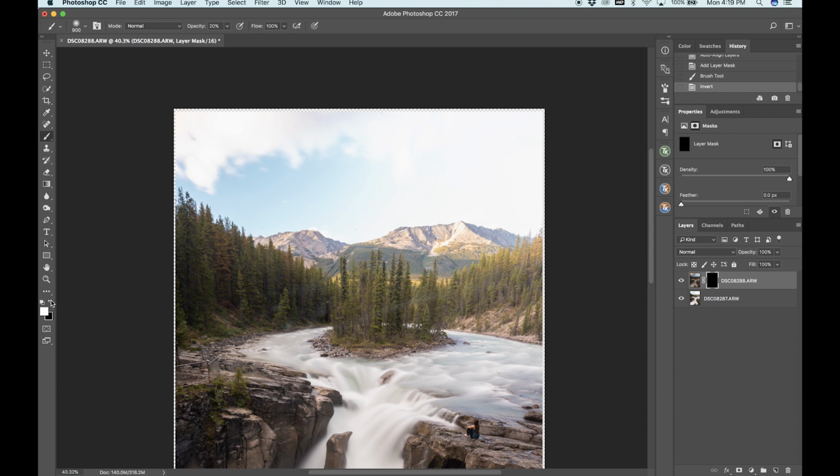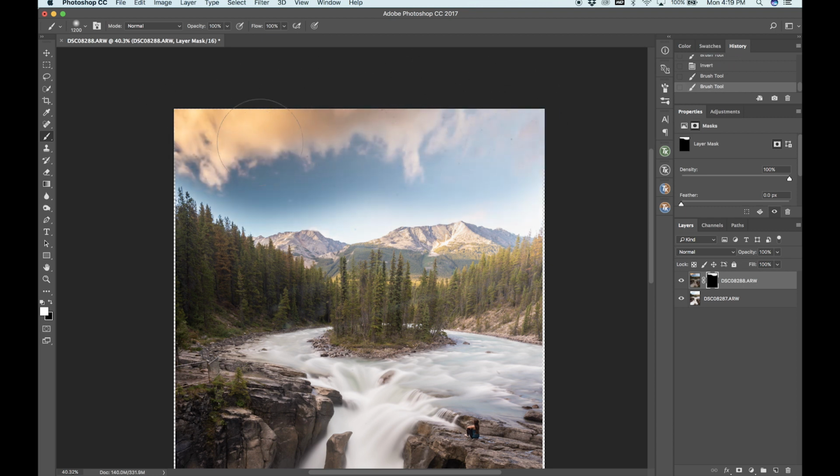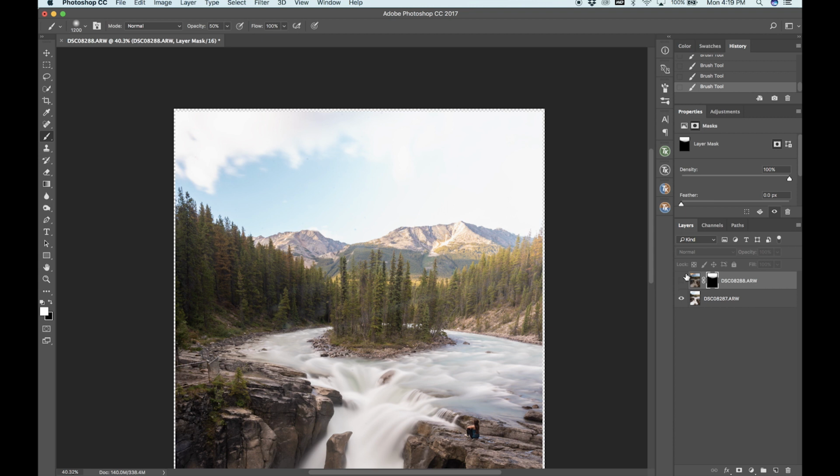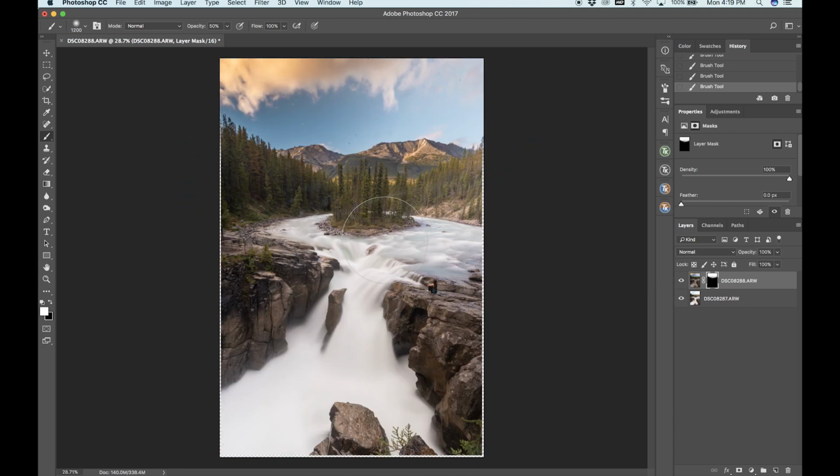So I'm going to take a white brush starting at 100% opacity to get the top in here. Looks good. Drop it to about 50%, then kind of just feather it into this. I'm going very, very rough with this. And the trees I want in the lighter exposure, but the mountains, if you remember, they were blown out, so